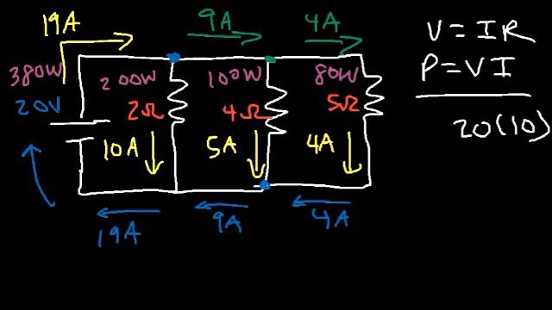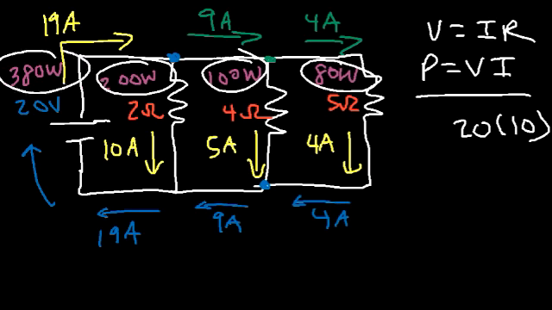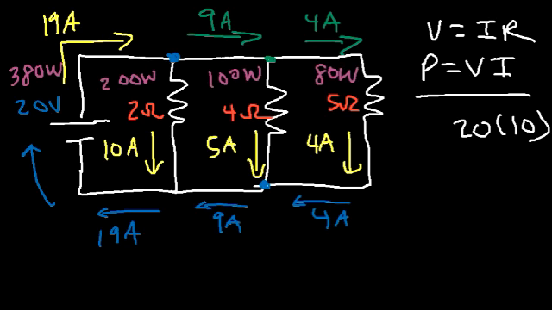So if you add 200 watts plus 100, that's 300, plus 80, that's 380, which equals the total power delivered by the battery. Now what about the equivalent resistance? Let's find it using both techniques as we did in the last example. So using Ohm's law, the voltage of the battery is 20, the total current is 19,